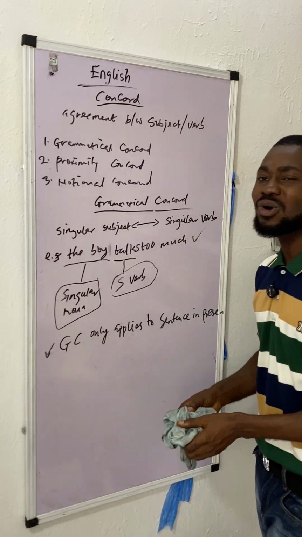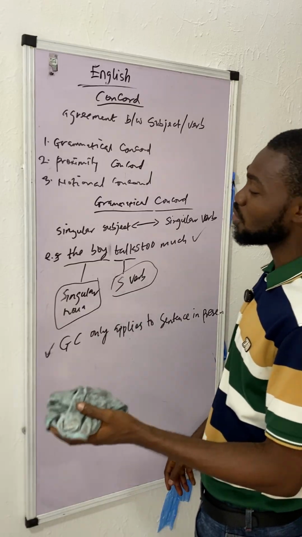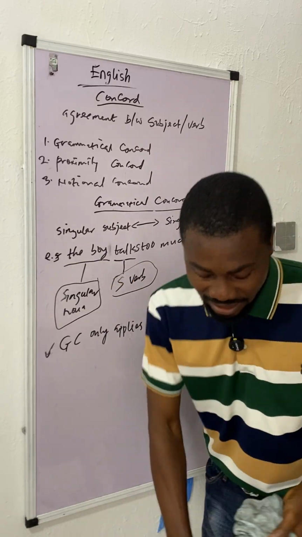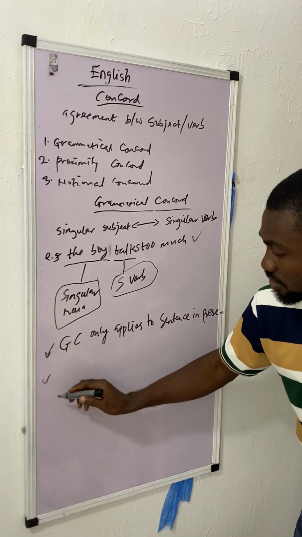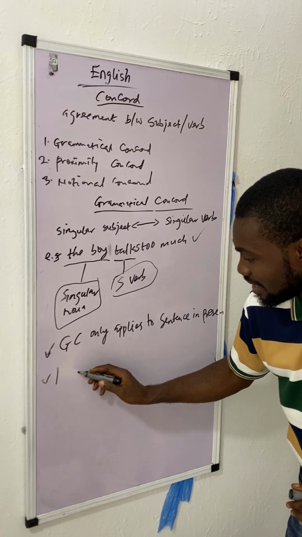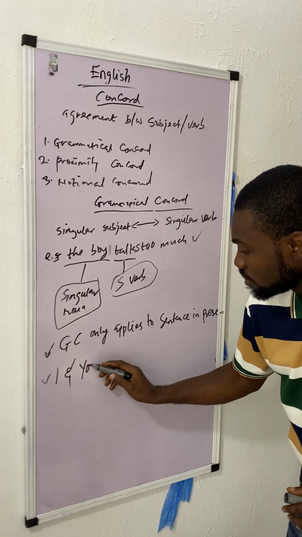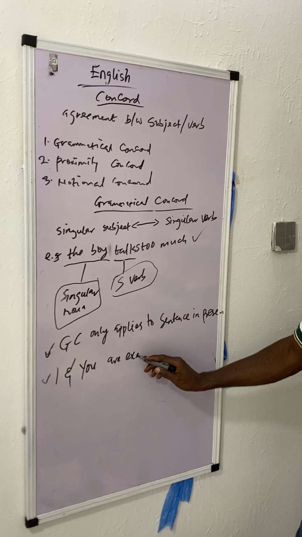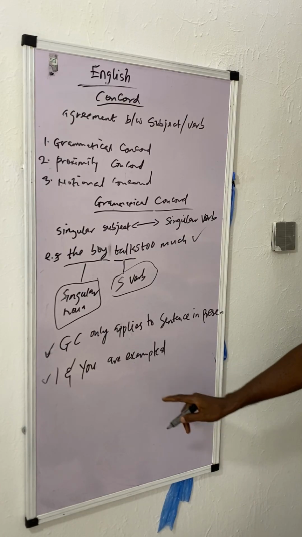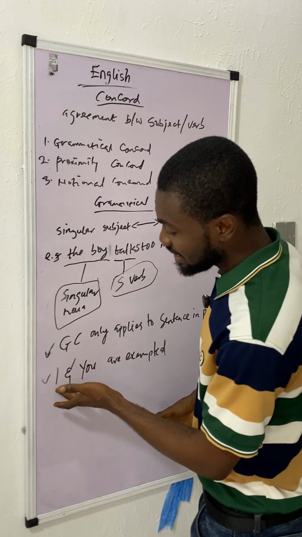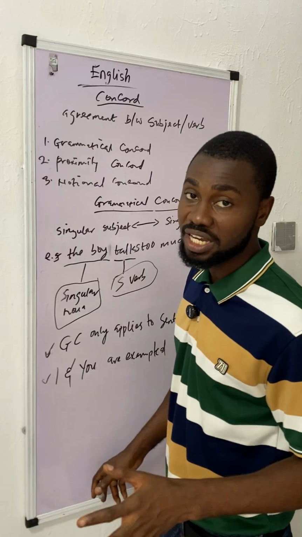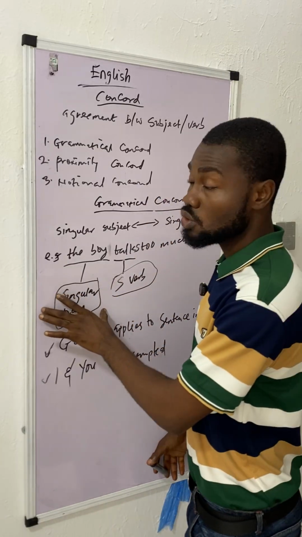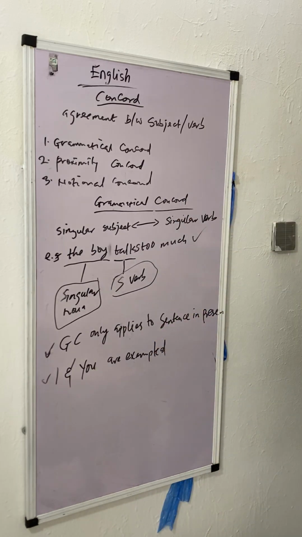So the first thing you are looking for when talking about concord for a sentence, when you are trying to detect if it's grammatical concord or whatever concord you have in the sentence, is to check if the sentence is in the present tense. That's the first thing. Then the second one is that those two pronouns, I and you, do not obey the law of grammatical concord. They are exempted. So when I or you is the subject, no need for grammatical concord. If you follow the rule of grammatical concord, the sentence becomes wrong. Okay? For example,